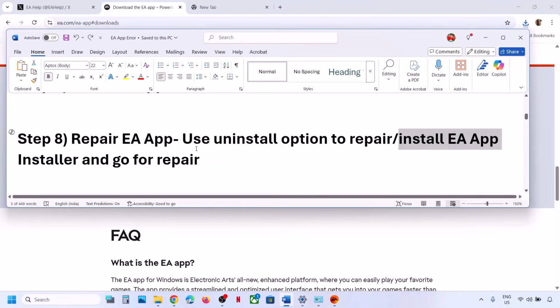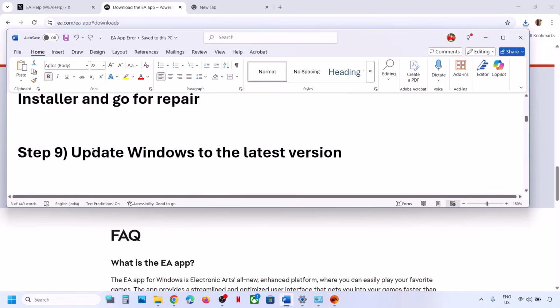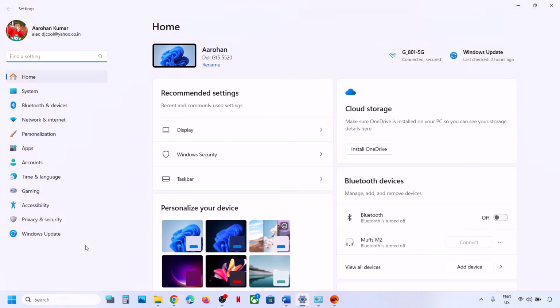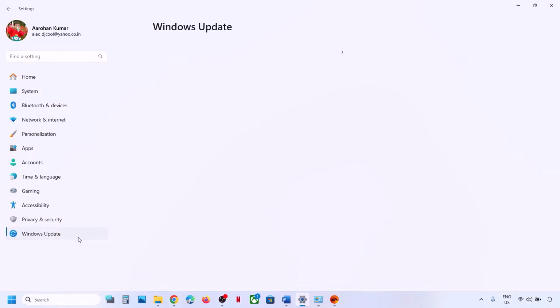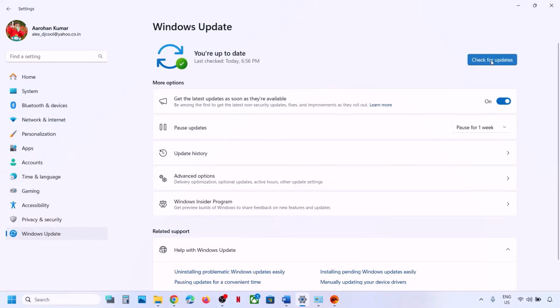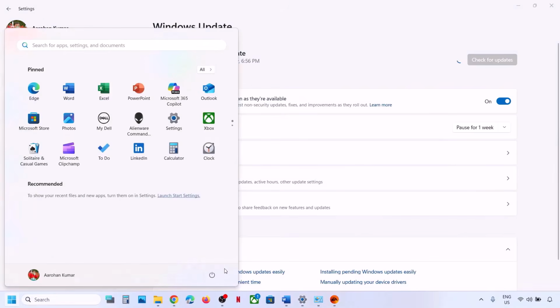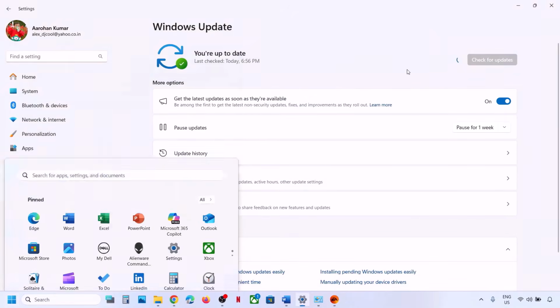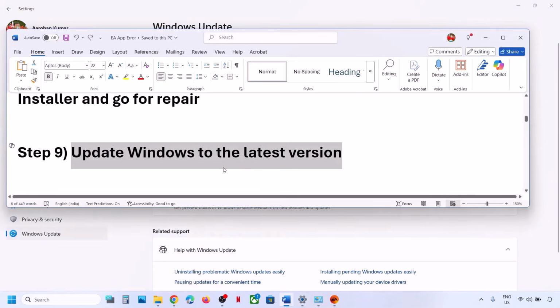Still not working. The next step is to update Windows to the latest version. This is important. So open Windows settings, go to Windows Update or Update and Security and then click on check for update. So click on check for update over here, and once all the updates are installed, then restart your computer and after the system restart you can check. Still not working. The next step is to